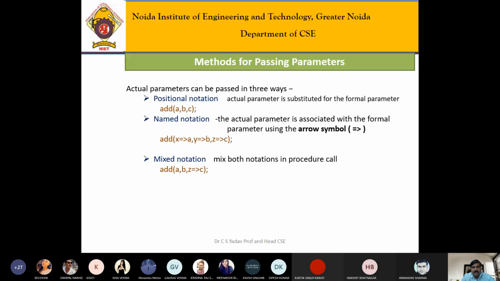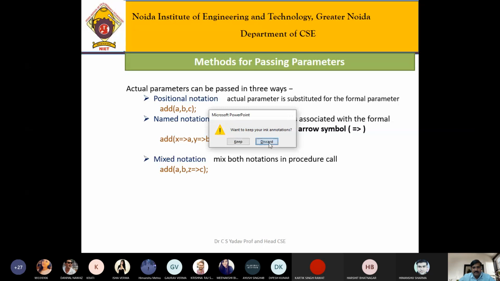Now I am going to demonstrate how to create a procedure through PL/SQL. Should I go for the demonstration? Okay.